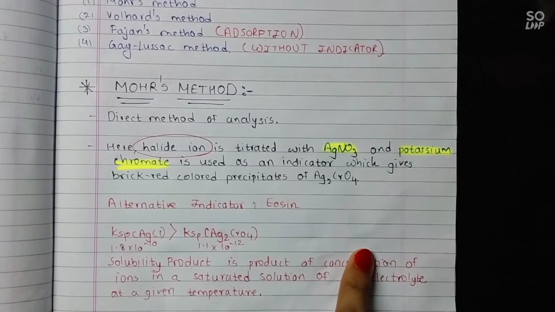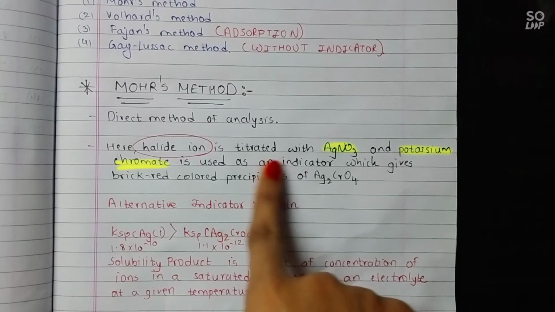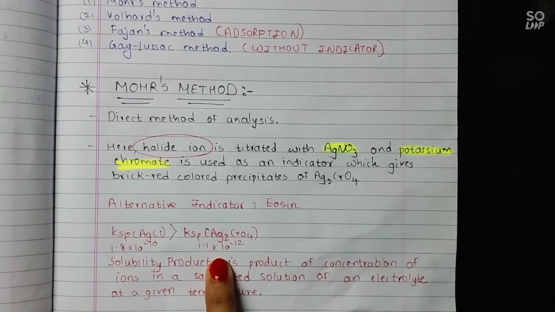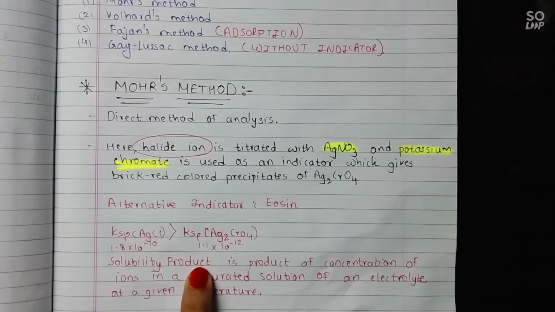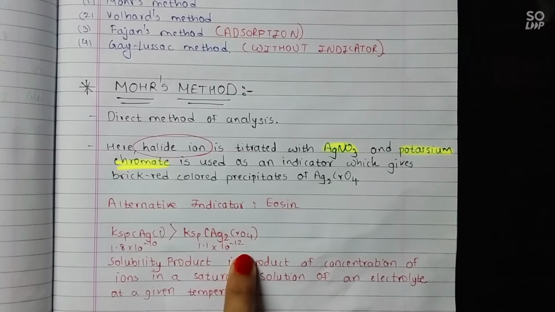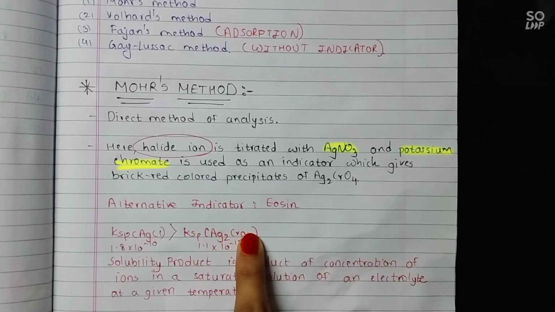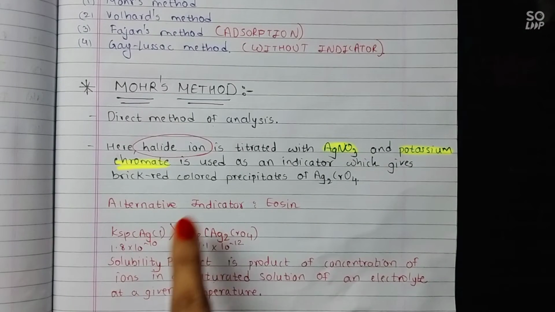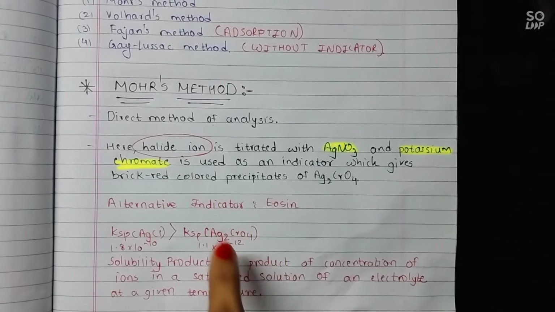Okay, and now this is precipitation titration, right? So we need precipitates, meaning they should not be soluble, and hence the solubility product of our desired precipitates should be less. And if the solubility product of the precipitates is less, then and only then can it get precipitated. So here KSP of silver chromate is less as compared to silver chloride. I hope this is clear. In order to get precipitates, the solubility product should be what? Less for the desired precipitates to determine the endpoint.